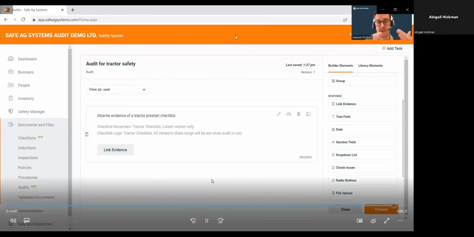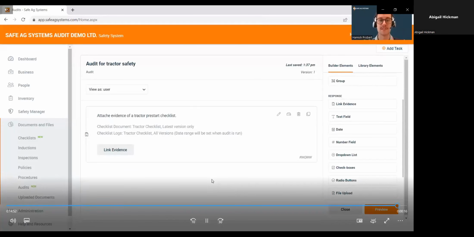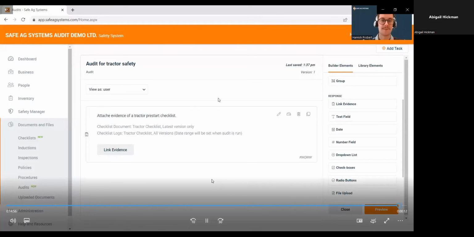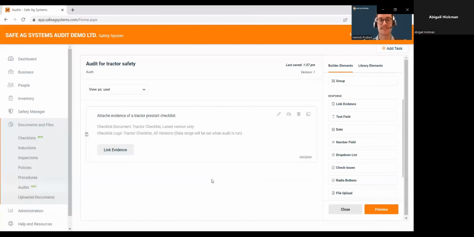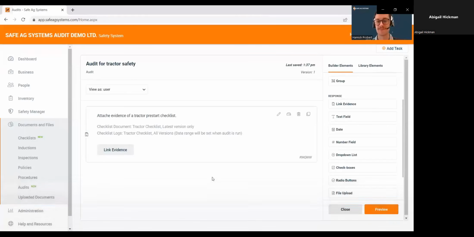You can just run through it, see the logs, and you'll still have to review it just to make sure it is the same logs and the right logs you want, but you don't have to click through and attach it each time. So that's the main difference. I won't worry about publishing this or walking through the additional logic. But if there is any questions around actually building out the audit form or building out checklists and any of that, feel free to give us a call and we're more than happy to help you.